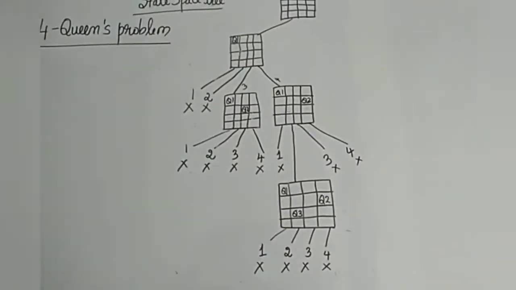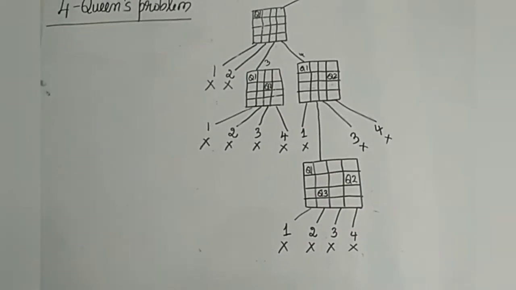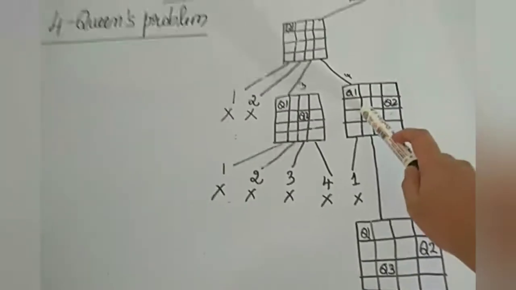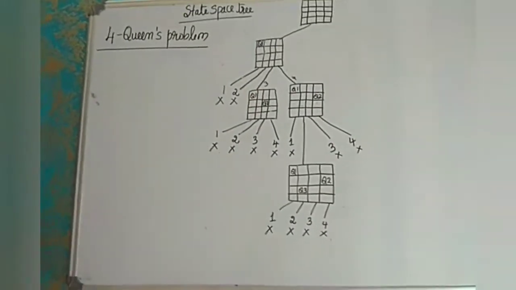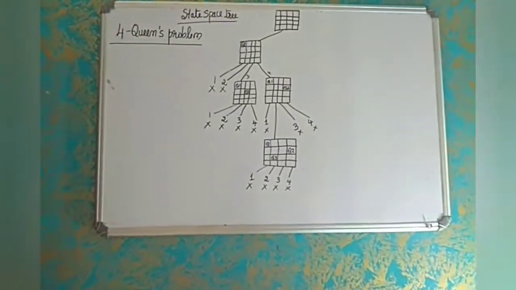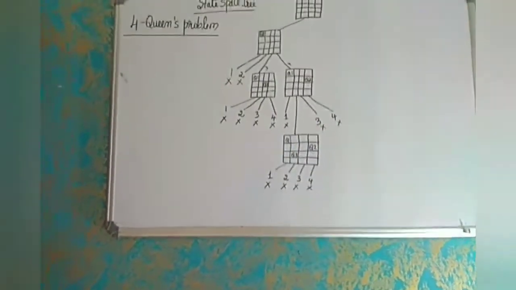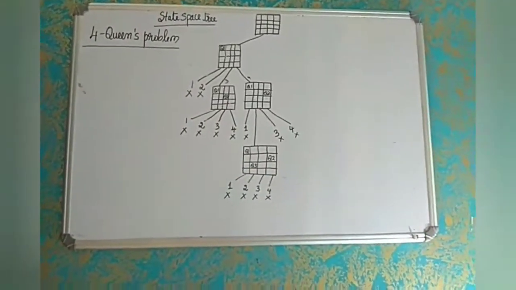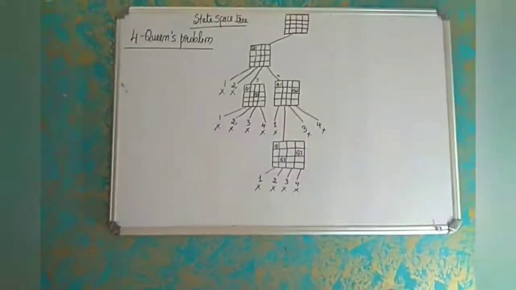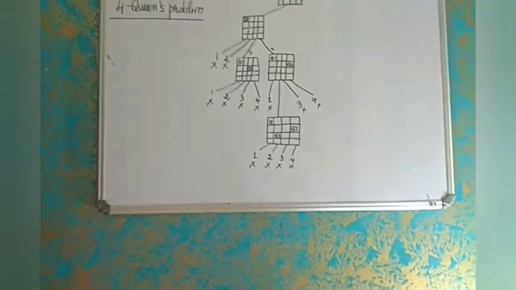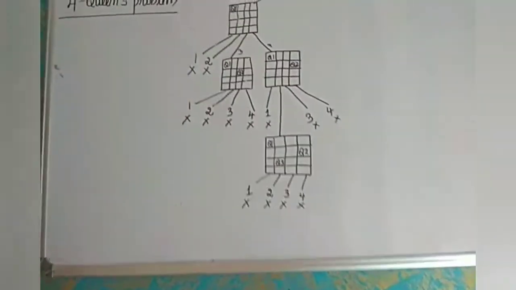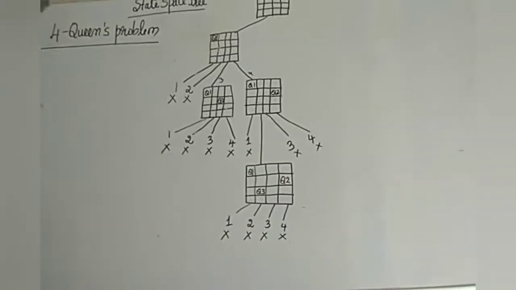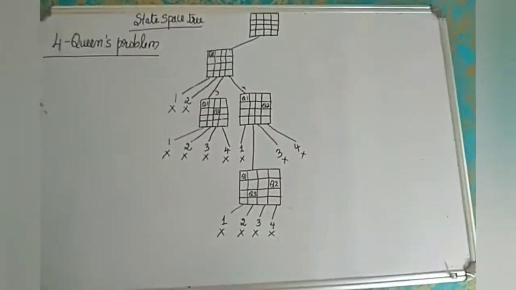Check whether you can place it in the second column. The second column means it will come here. Will there be any problem if we place Q3 there? No, there will not be any problem. So you can place Q3 over there. Again you check whether it is possible with the 3, 4. No, that is not possible, so we have put a cross mark there. Now the problem is still not complete. We just got the positions of Q1, Q2 and Q3. Where to place Q4 now? Now we'll continue from here.